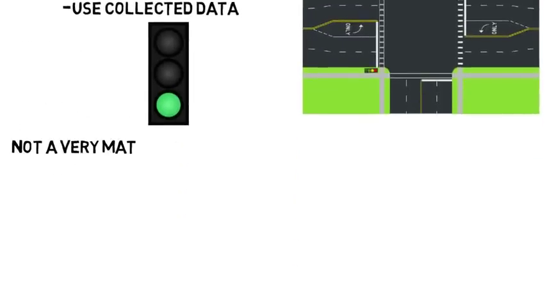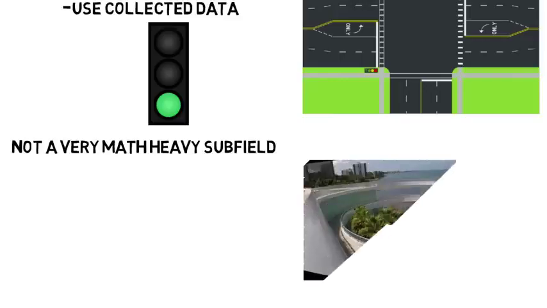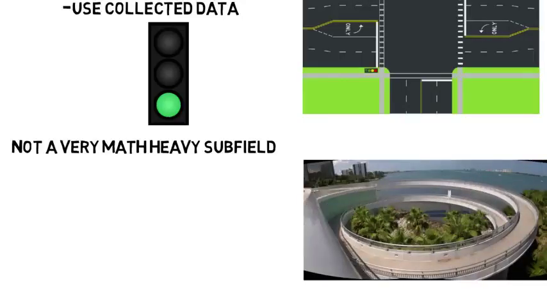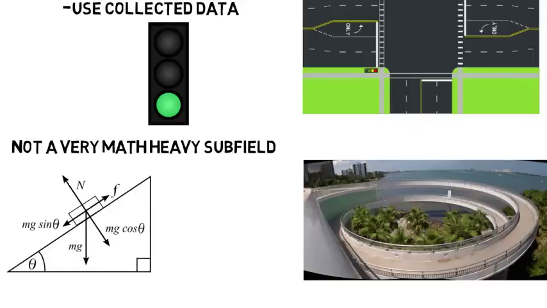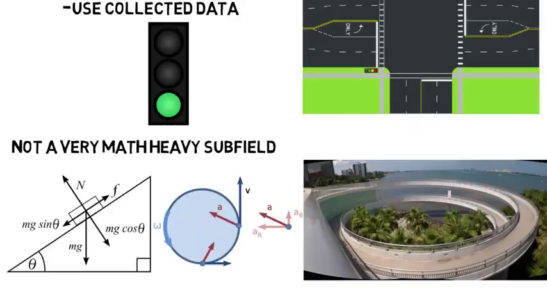And just note, this is not a very math-heavy field. In fact, it's probably the least math-intensive of the 4 subdisciplines I've talked about. It's more about taking data and analyzing it. Even when I talked about the radius of curvature and how fast someone should be going, you won't use the coefficient of friction and do circular motion physics or anything like that. You use even simpler equations to get what you need.